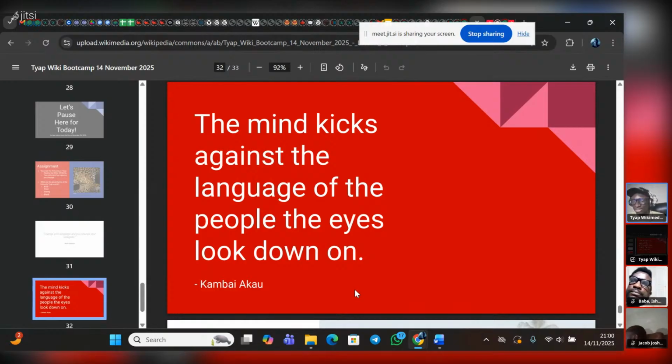That's the way it is all over the world, not just peculiar to the Tyap speakers, but it is something that can be changed, and that's exactly what we are doing through these little efforts that we are putting in to see that more and more people become literate in the language and begin to become writers themselves, begin to become teachers themselves, and begin to teach their own children how to speak this language, and even begin to teach their children how to read and write in this very language, so that at the end of the day,